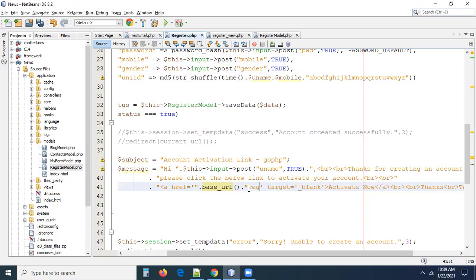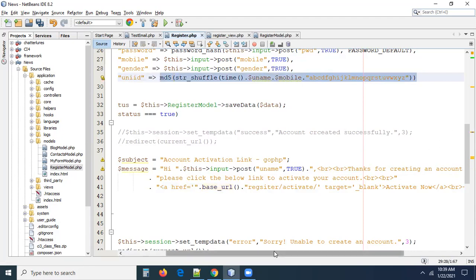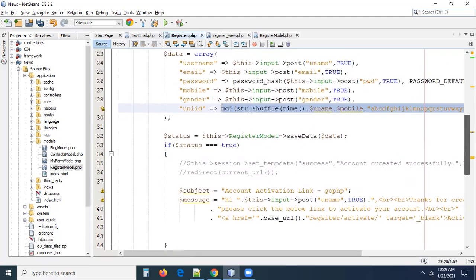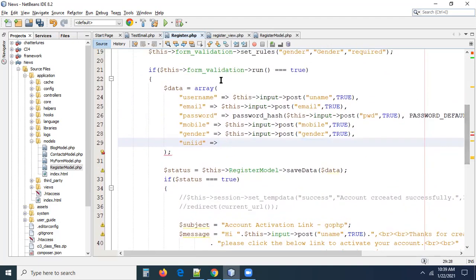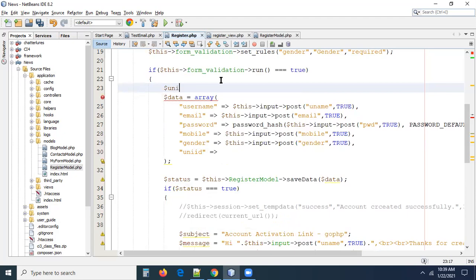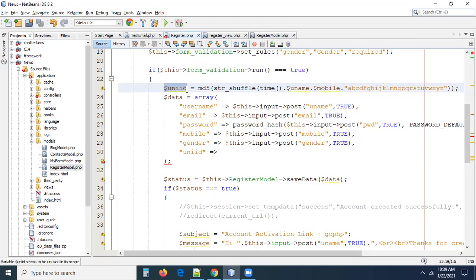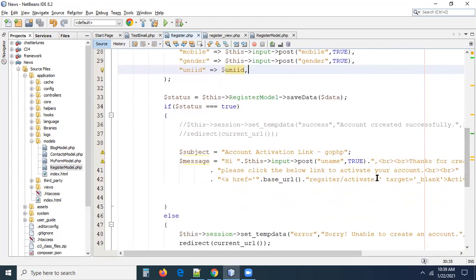For this, what I want to do, in the register controller, I have to create one method called activate. To this activate method, we have to pass a parameter that is nothing but your UniID. So we are generating the UniID here, right? Let me do one thing, guys. Whatever UniID you generated here is an array, right? If it is an array, it can come out, right? Let me remove this here and take this into a variable, UNIID equal to, and keep this variable here because we can reuse it. If it is an array, again we have to write it differently. So this is UniID. The same UniID I'm passing to this function as a parameter.